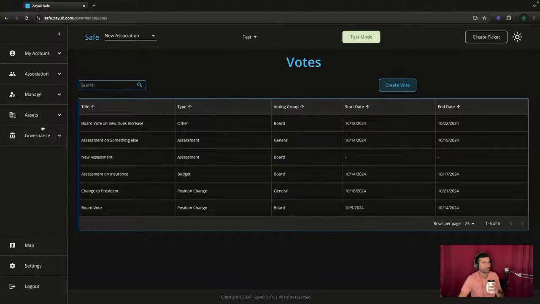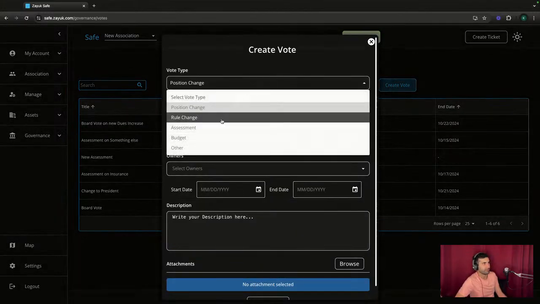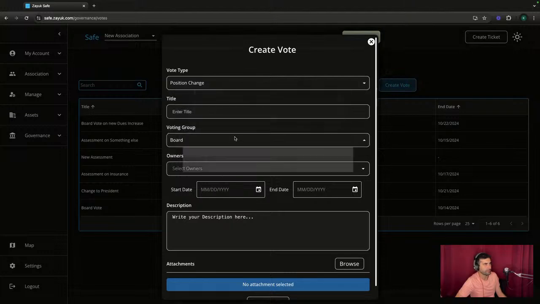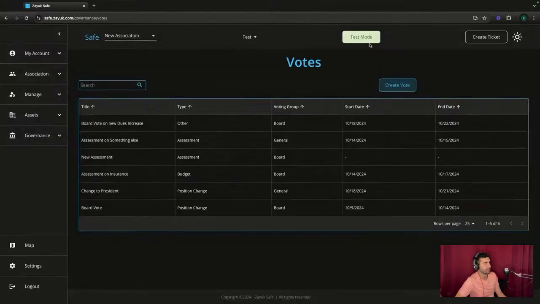It's fairly robust in the sense that you can add multiple different types: rule change, assessment, budget, other, across board or general members. And so we're ready for associations to save money on voting. Paper ballots and distribution of paper ballots is not cheap. So this is a good